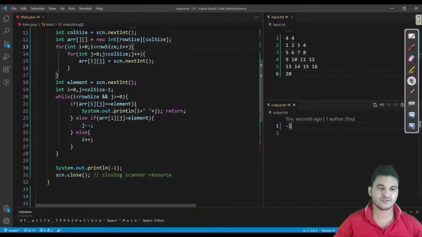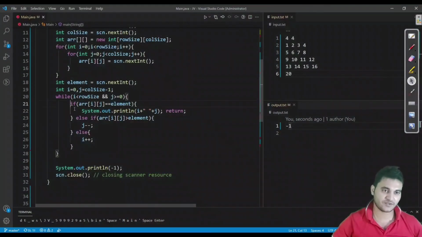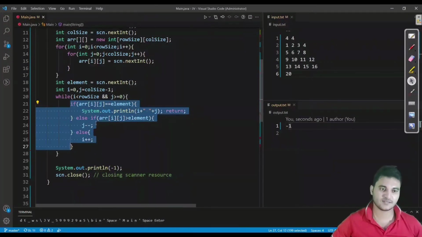So this is it for this particular program, and I hope I was able to explain to you the concept of searching in a 2D array using an efficient algorithm, which is binary search. So I'm going to list this video in the binary search algorithm playlist also, because this depends on binary search. As you can see, we had the same scenario as in binary search. We had only these conditions, fine, in binary search. So that is why this is of log n complexity.